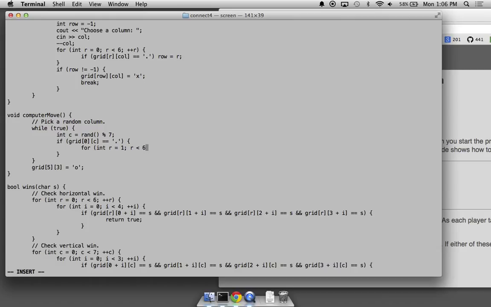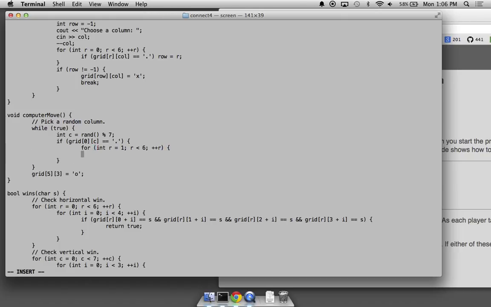No, 6? Yeah. 6. And plus plus R. If grid of R